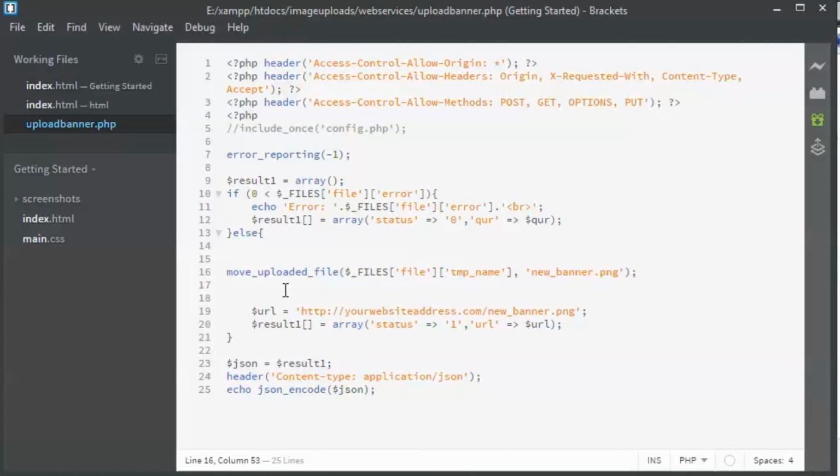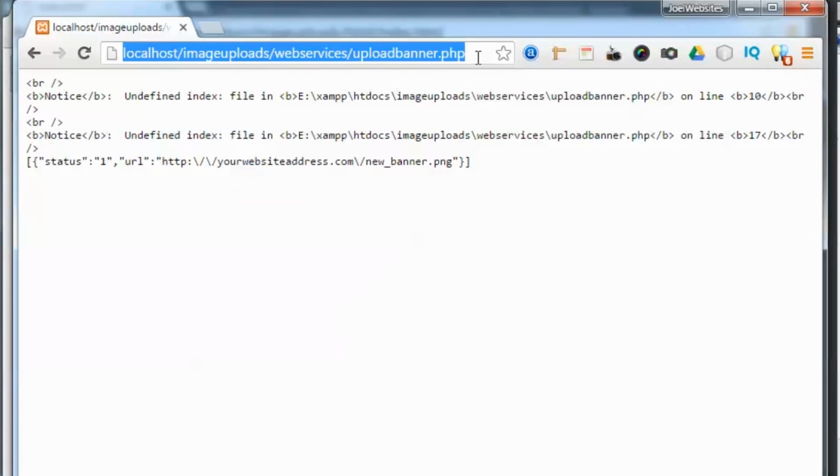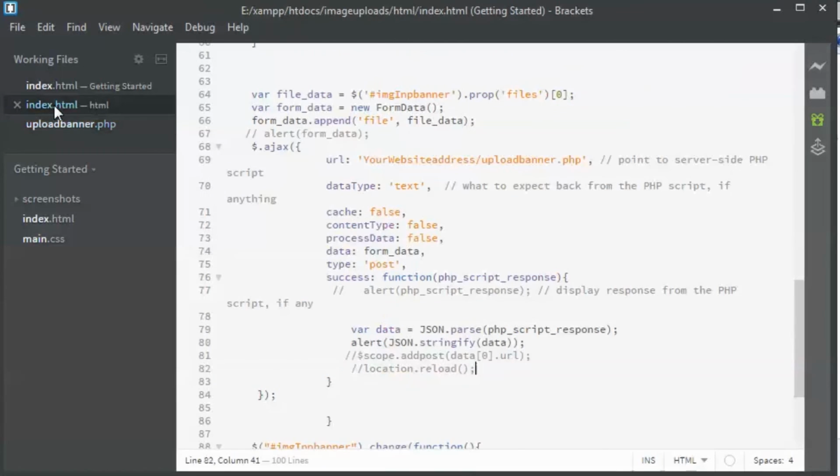So this is really simple code. What we've got to do is take this image URL and paste it in the code. So this is where we need to paste the URL. Yes, it's not over here, I'm sorry. We need to go to the index.html, and here on line number 69 I'm pasting the PHP file address, okay. I'm showing you where I'm pasting it exactly.